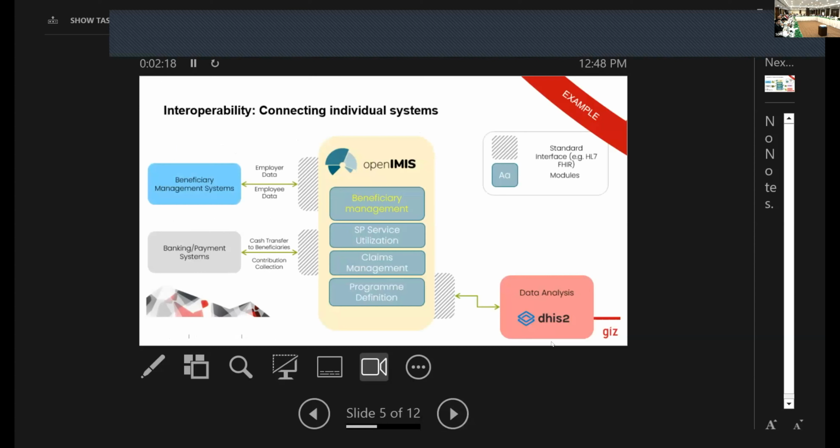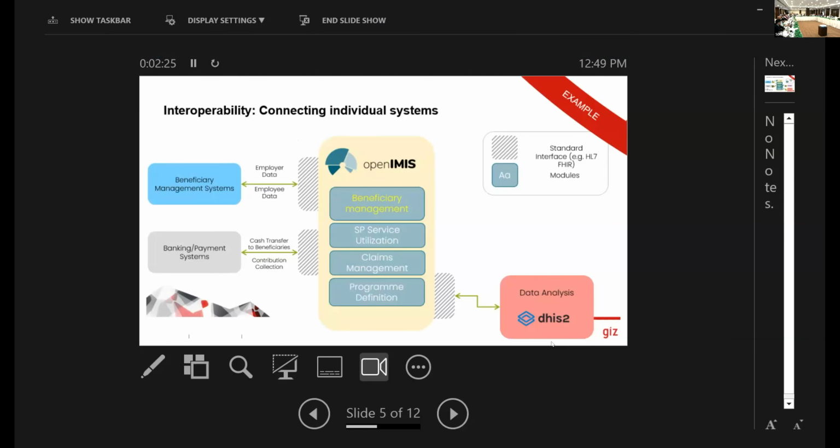So OpenIMIS is an open source technology and open source software for managing various social protection schemes. It's used in a variety of countries and in different schemes worldwide. But here, let's look at how interoperability is used. So the OpenIMIS system remains in the middle. So that's the main MIS for, let's say, any social protection program